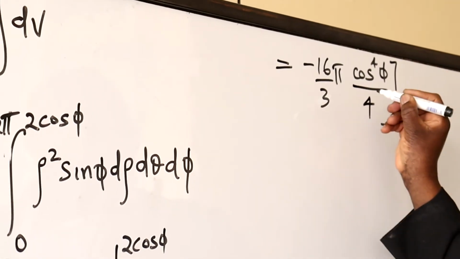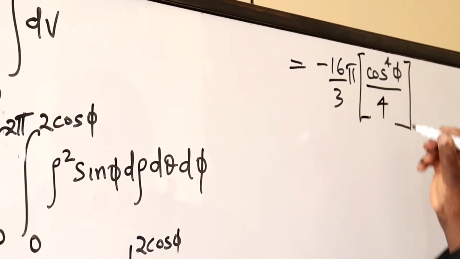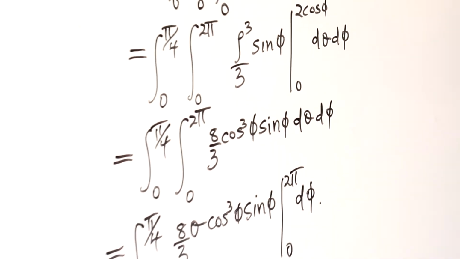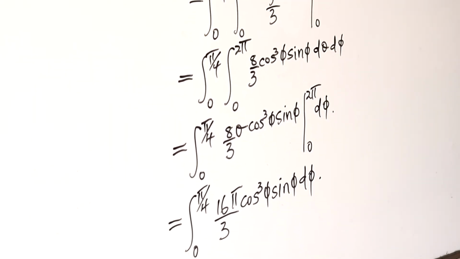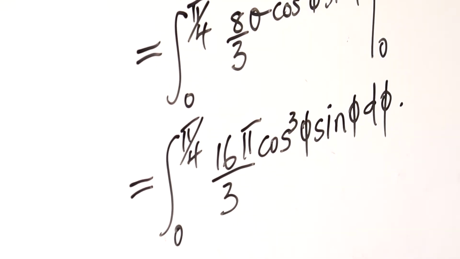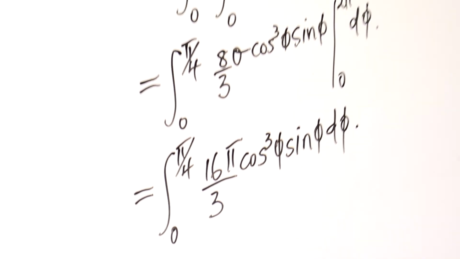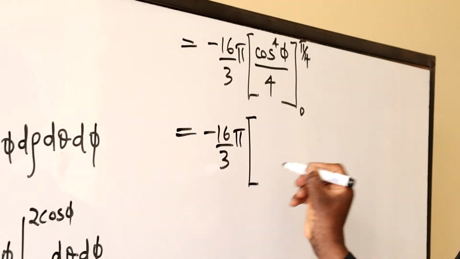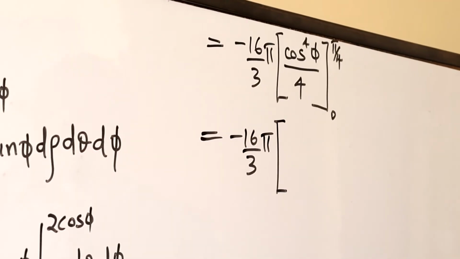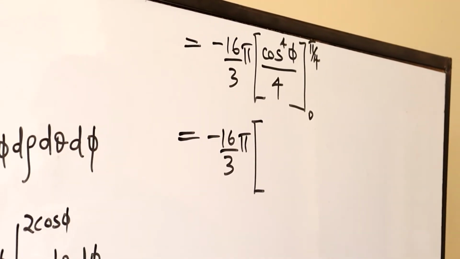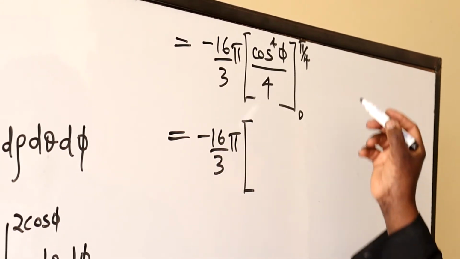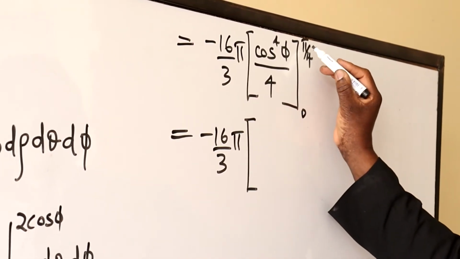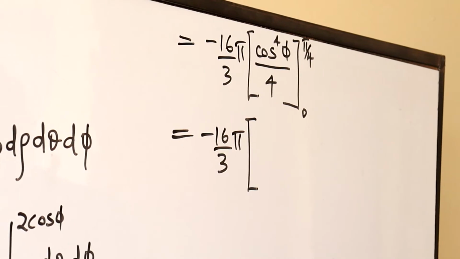Then we input the limits from 0 to pi over 4, which is equal to minus 16 over 3 pi into